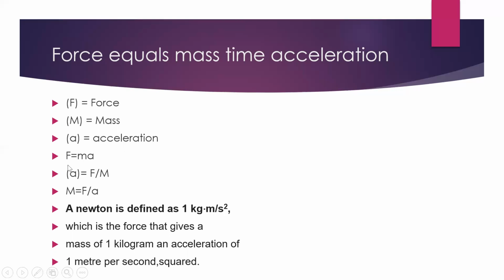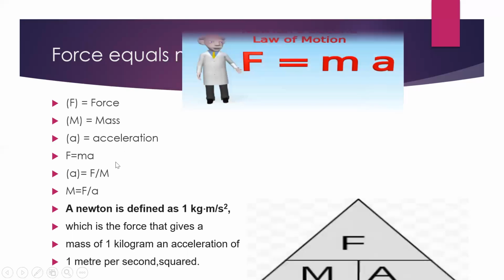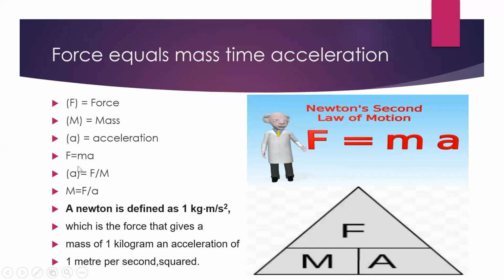Why? If you see this equation, force equals mass multiplied by acceleration. So if the mass unit is kilogram and the acceleration is meter per second square, then 1 Newton equals 1 kilogram meter per second square, which is the force that gives a mass of 1 kilogram an acceleration of 1 meter per second square. Okay,